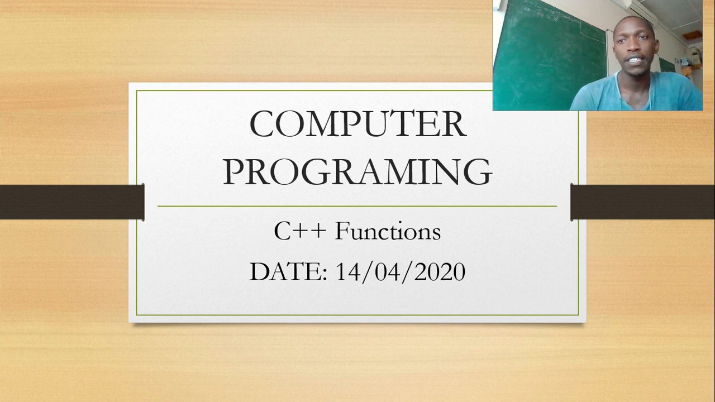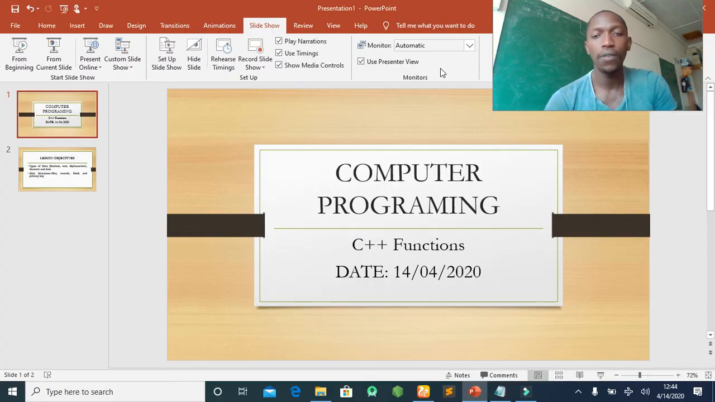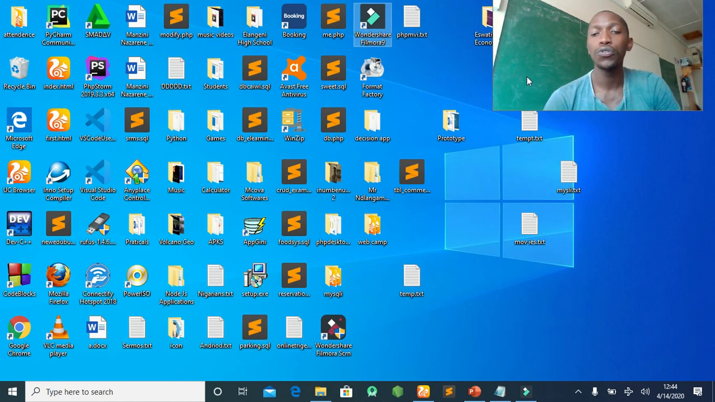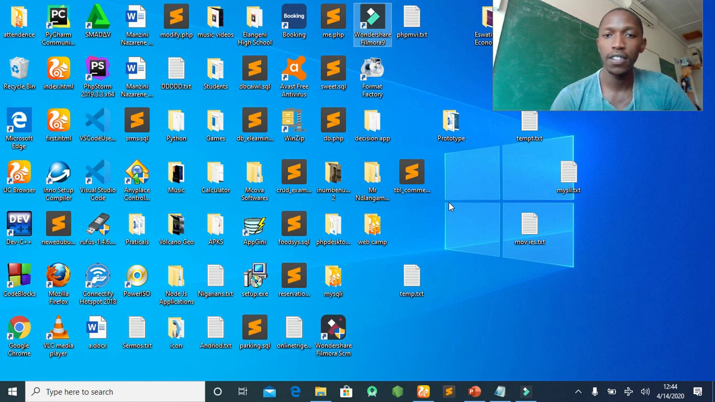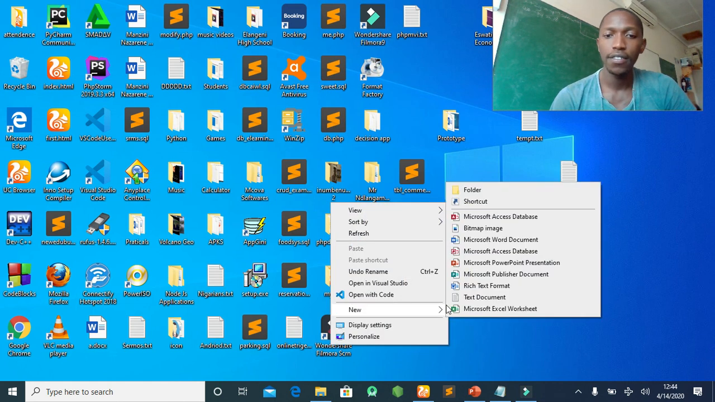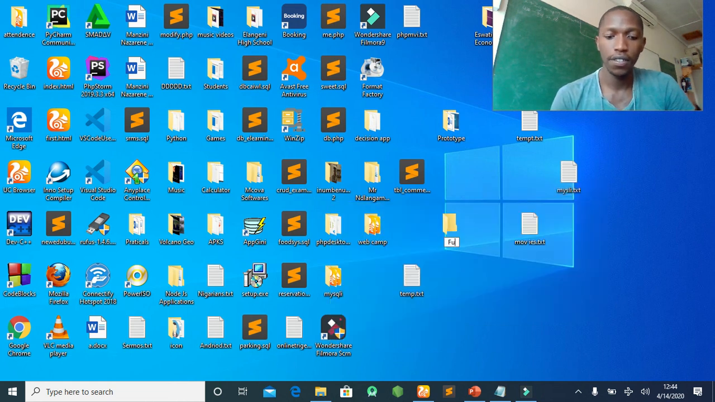So please, ladies and gentlemen, take your laptop with you, open a folder on a desktop, write it functions in C++, and then open your Dev C++ or Code::Blocks and start following this tutorial. So the first thing I will do, I will go to my desktop as I illustrated. I right click it, create a new folder, we call it functions